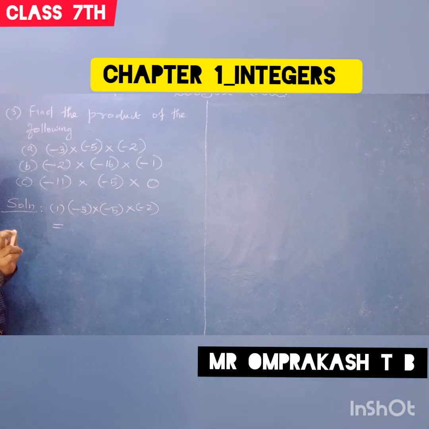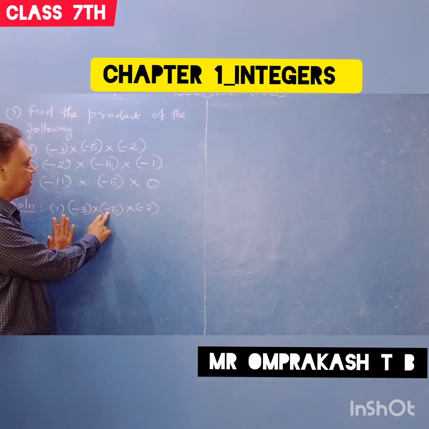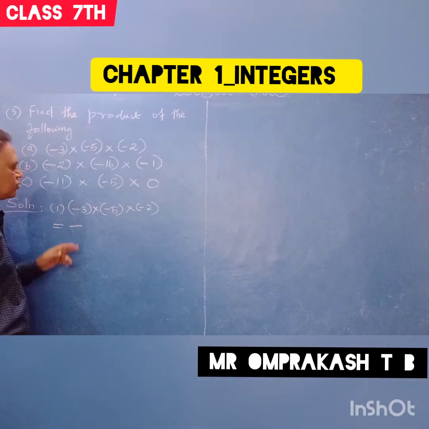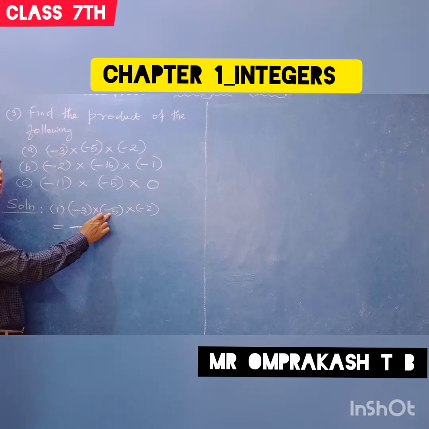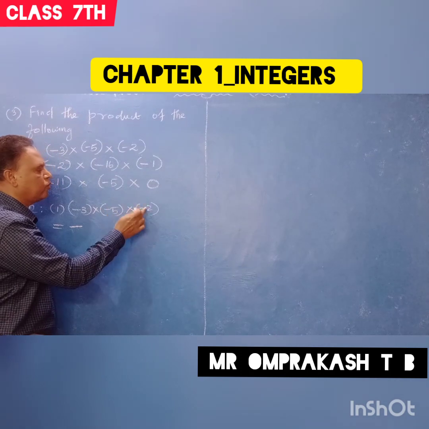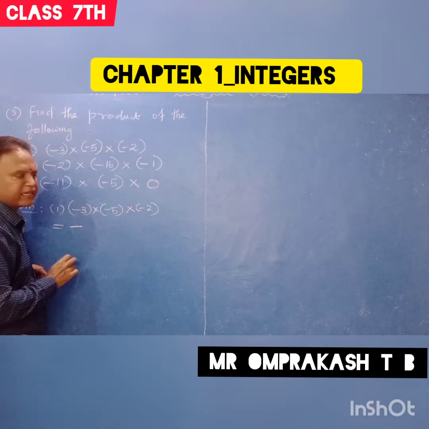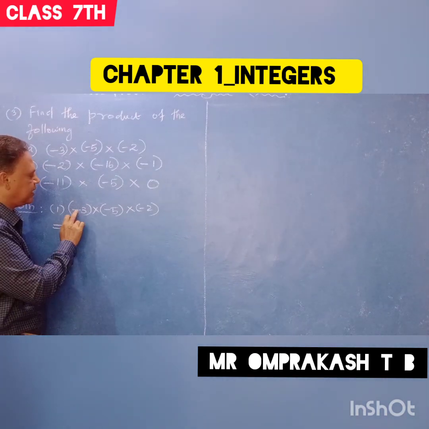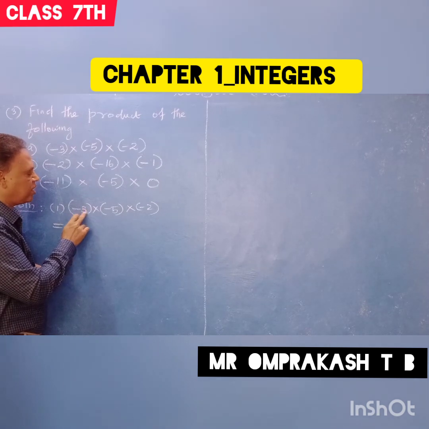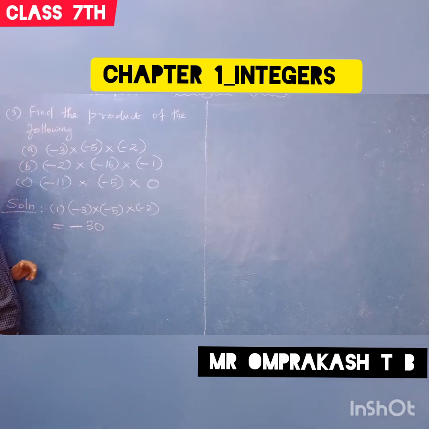First multiply the sign. Minus into minus what? Plus. Okay. Remember. Plus again further, plus into minus, minus. So the whole sign, multiply in order correctly. Minus into minus, plus. Again plus into minus, minus. 3 times minus multiply means minus. That is the meaning. Now number multiply. 3 into 5, 15. 15 into 2, 30. That's all. Okay.